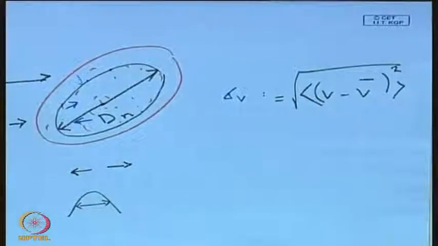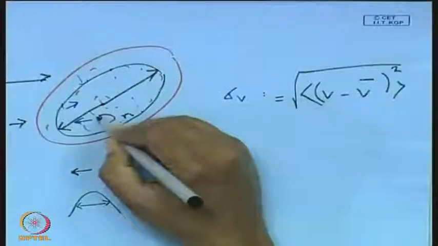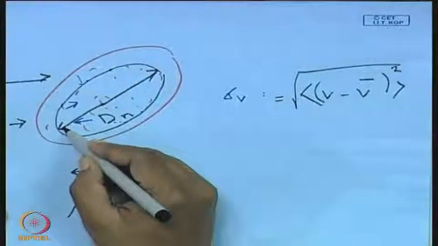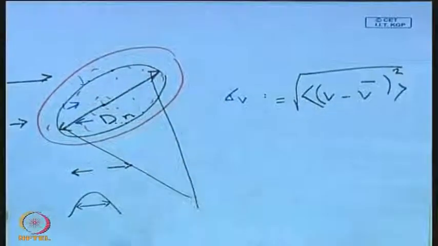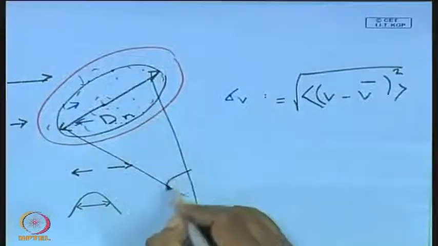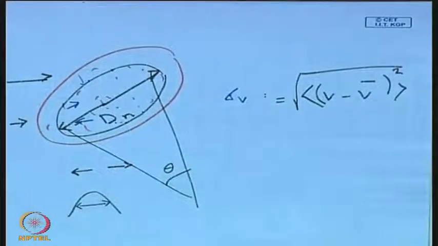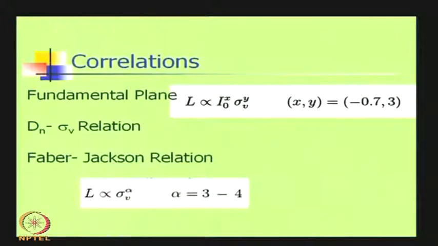So, if you can measure the velocity dispersion of the galaxy, then you can predict what the length scale corresponding to this Dn is, and from the image you can measure the angle that this subtends. So, you know this length, you know the angle, so you can determine the angular diameter distance. Well, at low redshifts they do not differ, so you can determine the distance. Okay. So, essentially if you can measure sigma v, you can predict the diameter of the galaxy and you can measure the angle from the image, then you can use this to determine the distance.